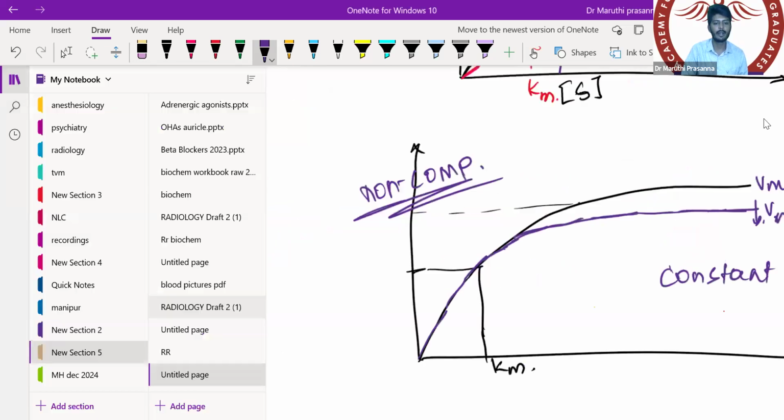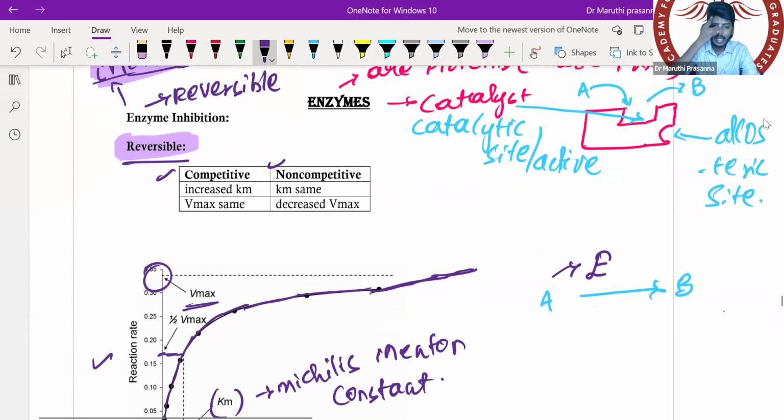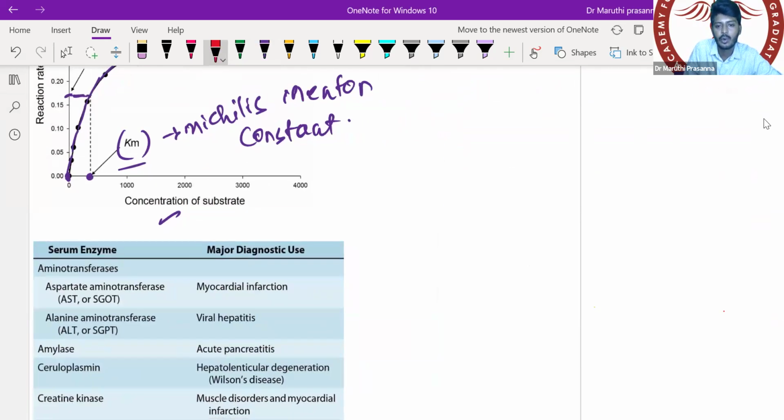So let's go to the next important part of the enzyme discussion. Here I have written: competitive, increase of Km and Vmax is the same; non-competitive, Km is the same and decrease of Vmax. This part you have to remember. Then, last but not the least in the enzyme, we have coenzyme,